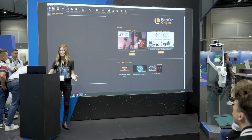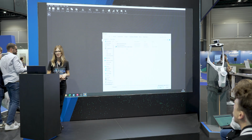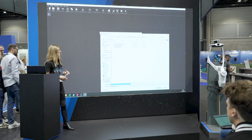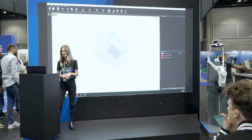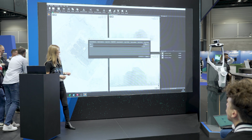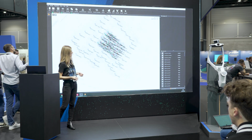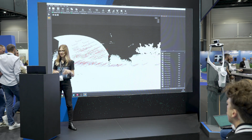So now let's have a closer look into the workflow itself. The first step after you export your E57 file out of iVion is to bring it, of course, into PointCab Origins. There are dedicated project settings that you can use that will allow you to get the best results possible for your data. After importing, 3 standard views are going to be automatically created, which serve for further creation of cuts and layouts. What's actually new, and not everybody knows about it, is that you can also bring in your panoramas. After importing and processing them, it's very easy to open and visualize the environment and